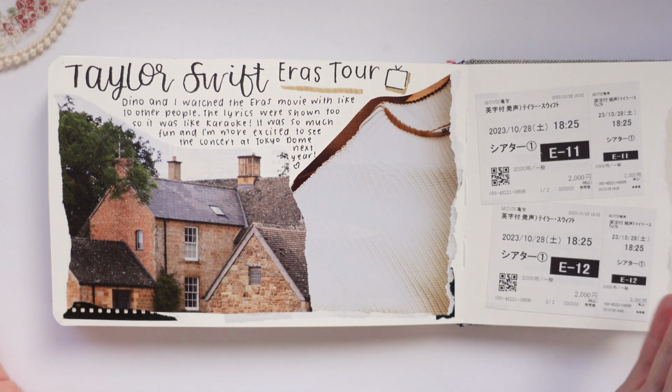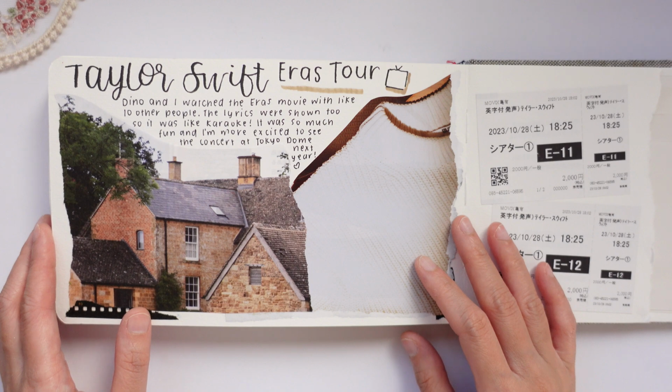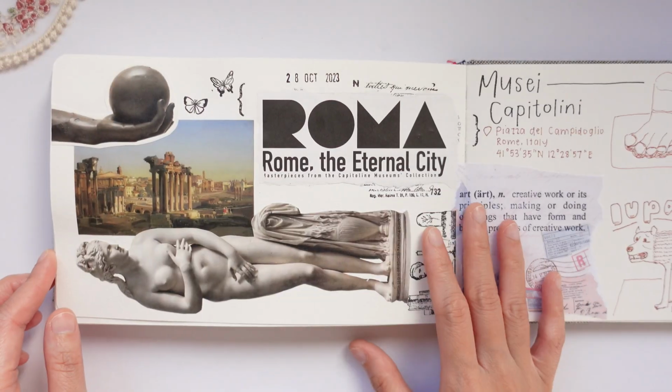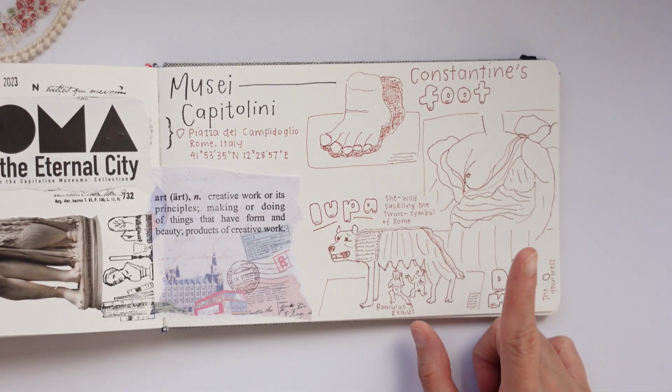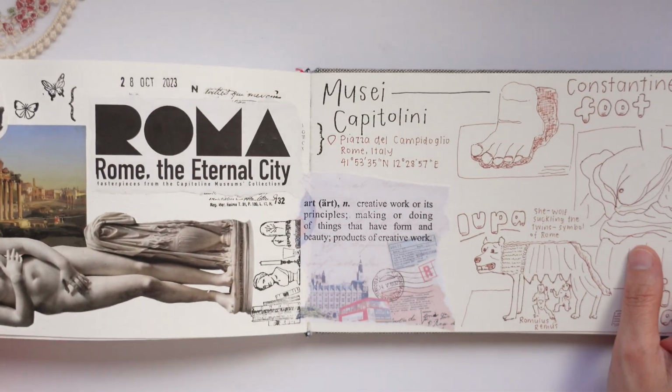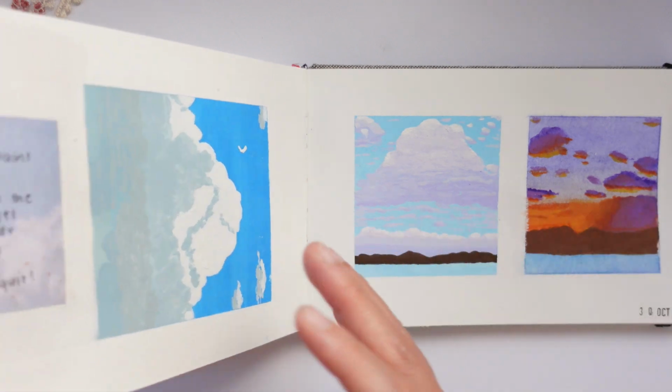So I hope that you guys like this. Let me know what your favorite pages are in the sketchbook in the comments below. So for me, my top 3 favorite pages are these, and my final cloud paintings, and